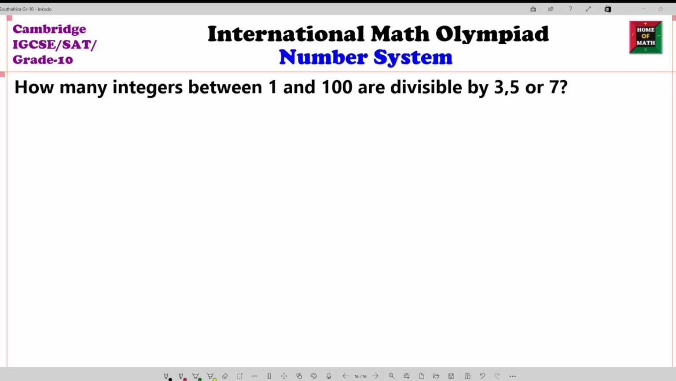How many integers between 1 and 100 are divisible by 3, 5 or 7? This is very interesting and important math for Math Olympiad or any competitive examination. Let's start. We are trying to solve this math step by step. To determine how many integers between 1 and 100 are divisible by 3, 5 and 7, we use the principle of inclusion-exclusion. So we can write like this: